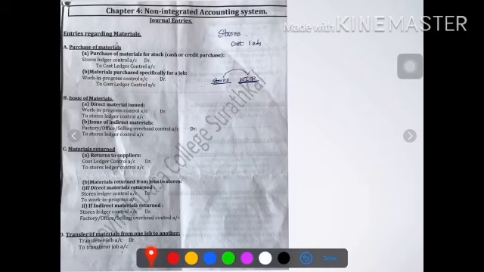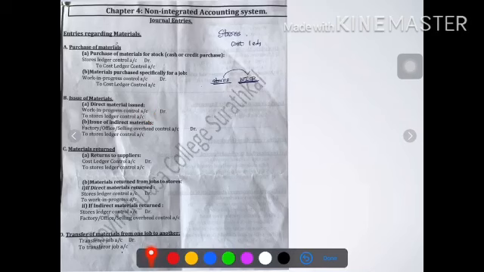Coming to the next type of entry, this is for issue of material. Here, before you pass the entry, you need to consider whether the material you are issuing is a direct material or an indirect material. If you are issuing a direct material, obviously it will go to job for production purpose. Therefore, the receiver will be work in progress control account. Therefore, work in progress control account is debited.